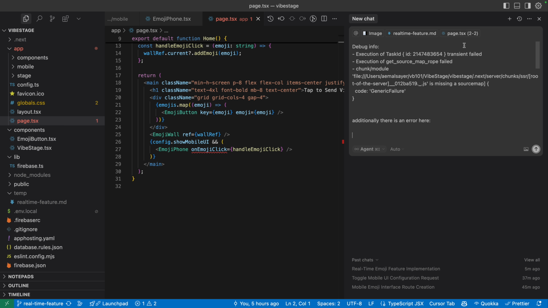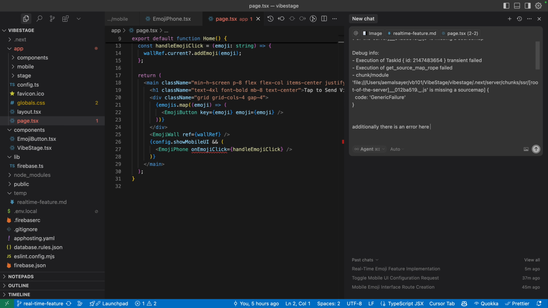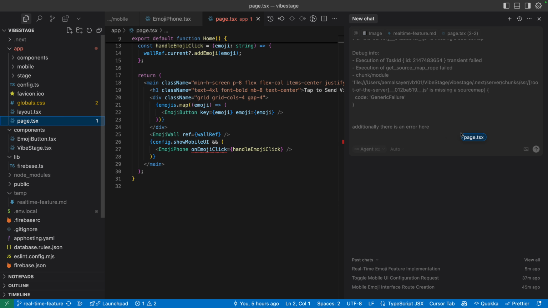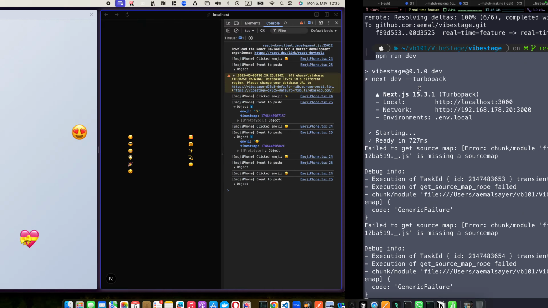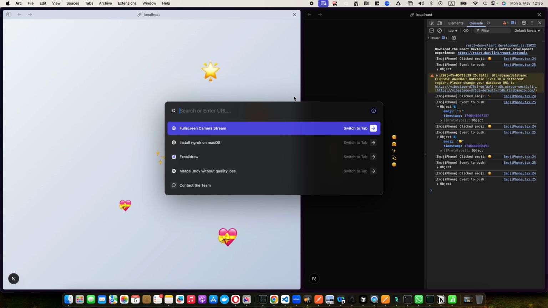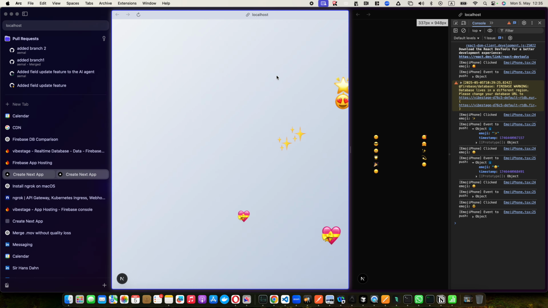Okay. I will just add this file here. Okay, I think we're good to go. The only thing is that I don't have the database picture. I will also quickly bring